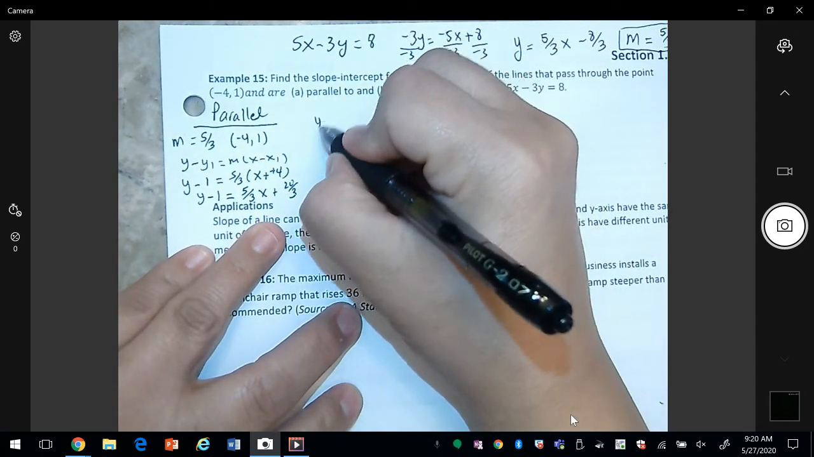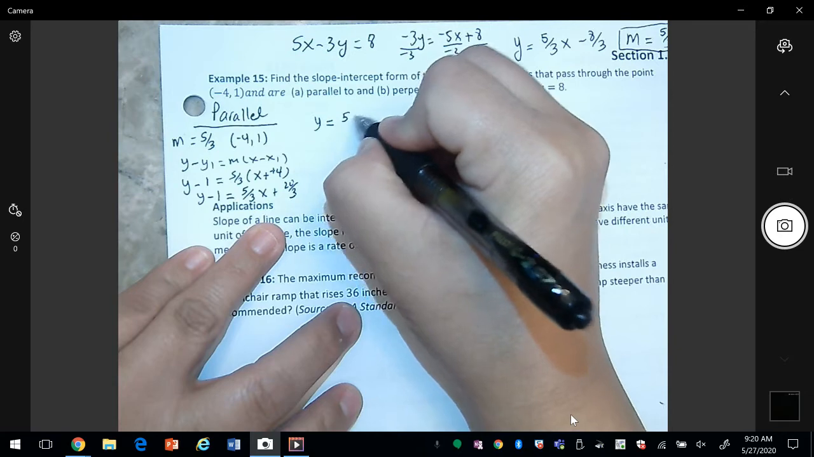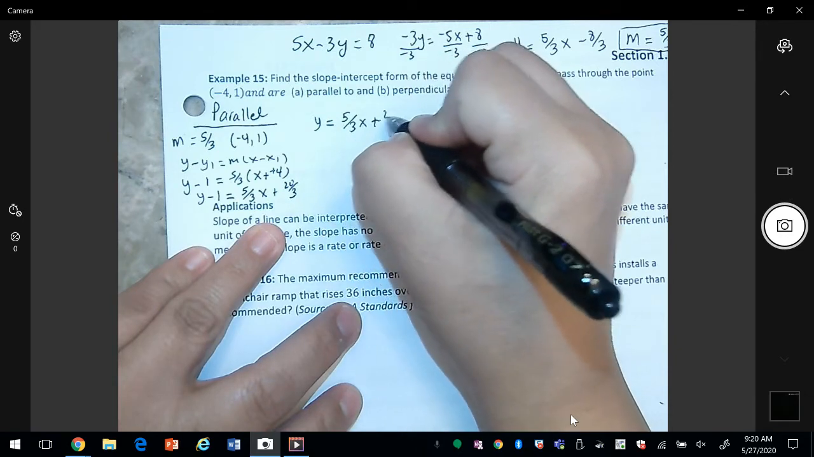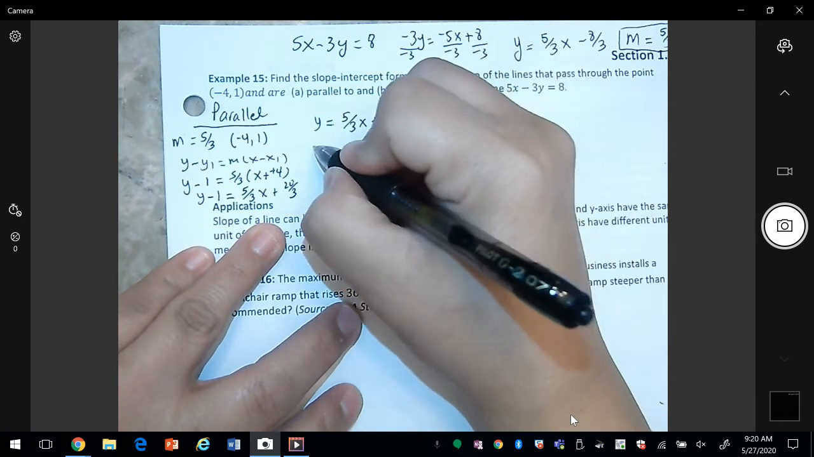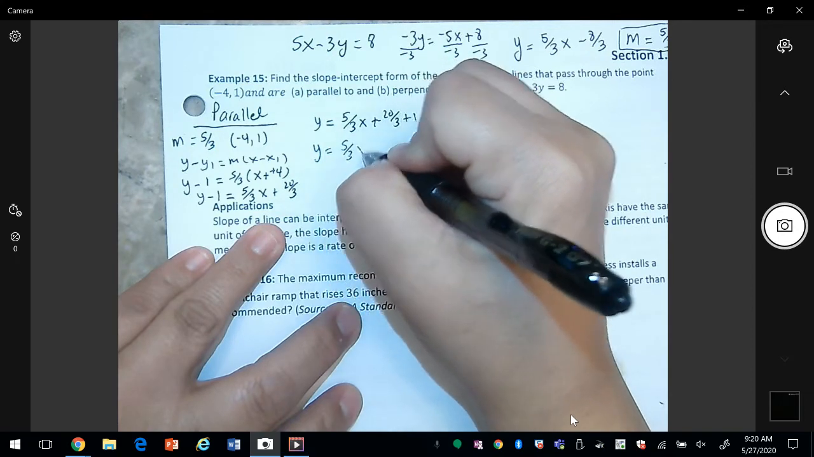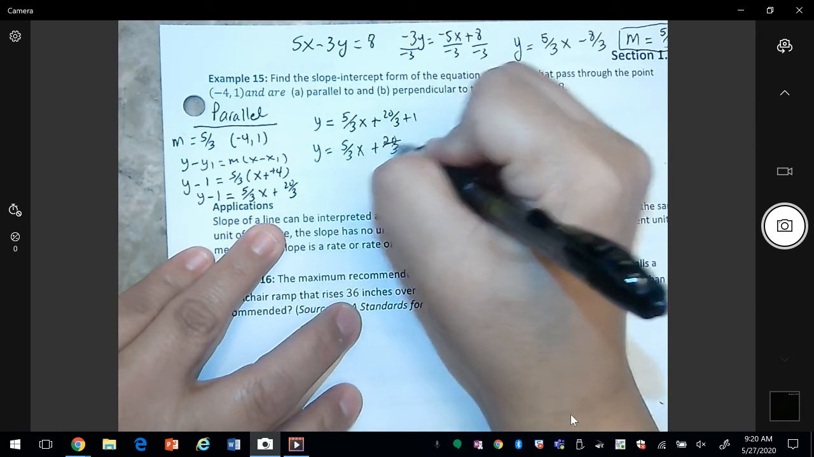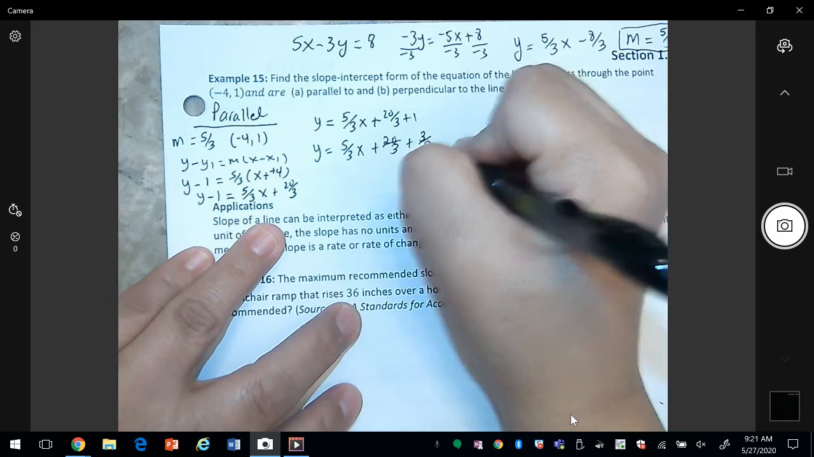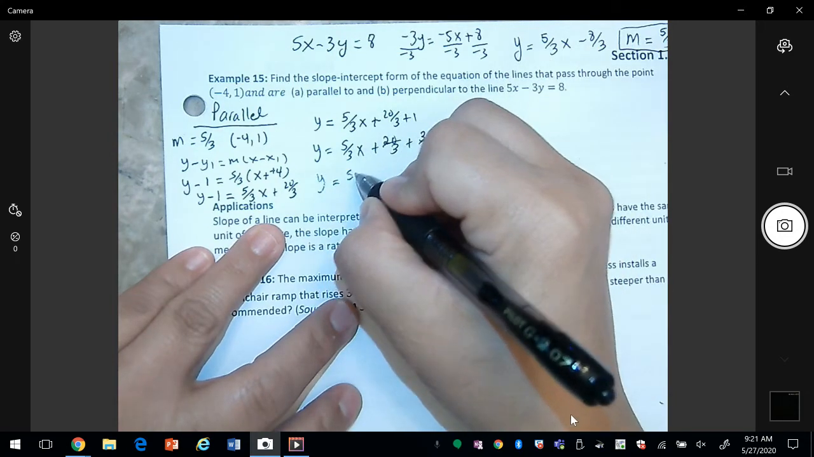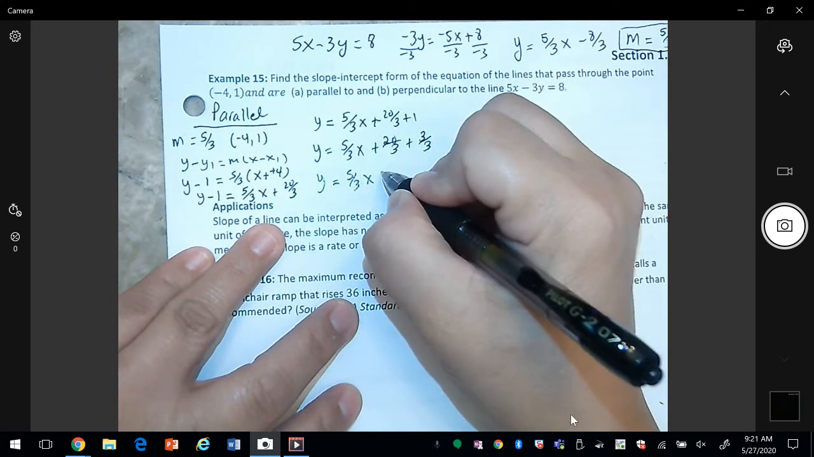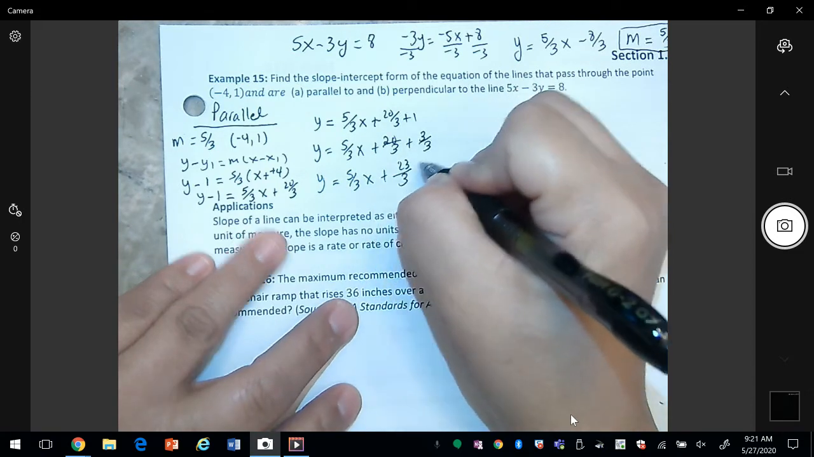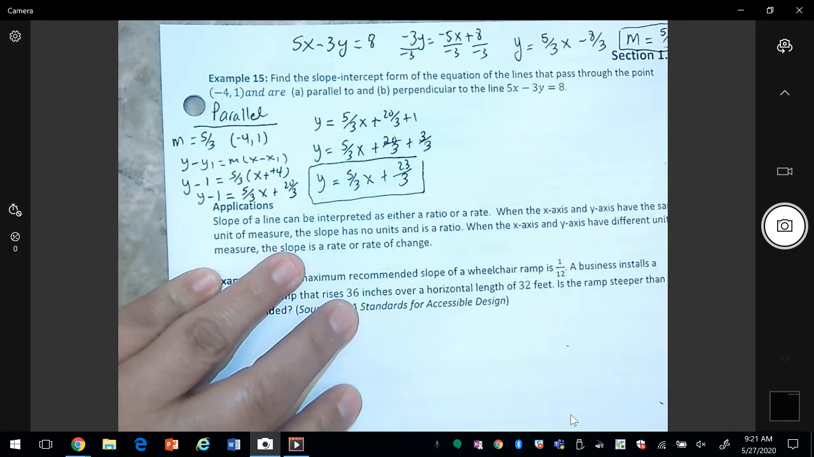And so if we simplify some more, let's add 1 on both sides. And so we need a common denominator. So this 1 I can rewrite as 3/3. 20 plus 3 is 23. And so this would be my equation